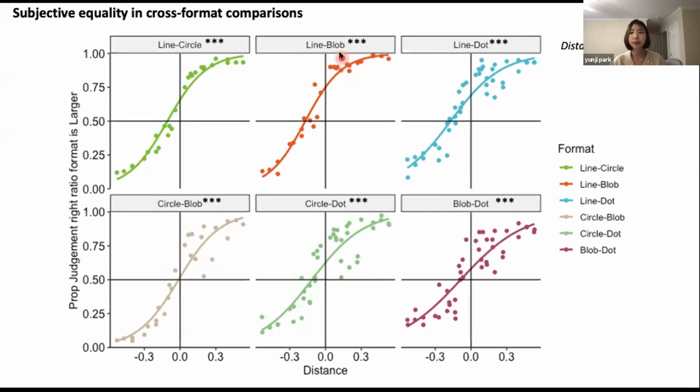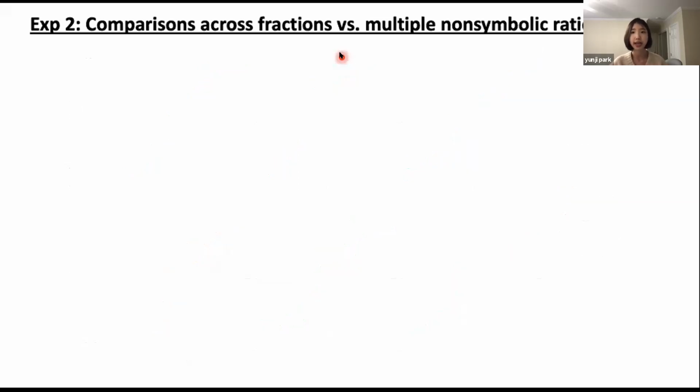So overall, people tend to perceive a ratio presented with areas as larger than line length, or a ratio presented with numbers as larger than continuous magnitude. But the important thing is they are able to access abstract ratio information in all cross-format designs. Next, we wondered about the case of cross-format comparison with symbolic fractions. Would some of the previous studies be replicated and applied to other formats?